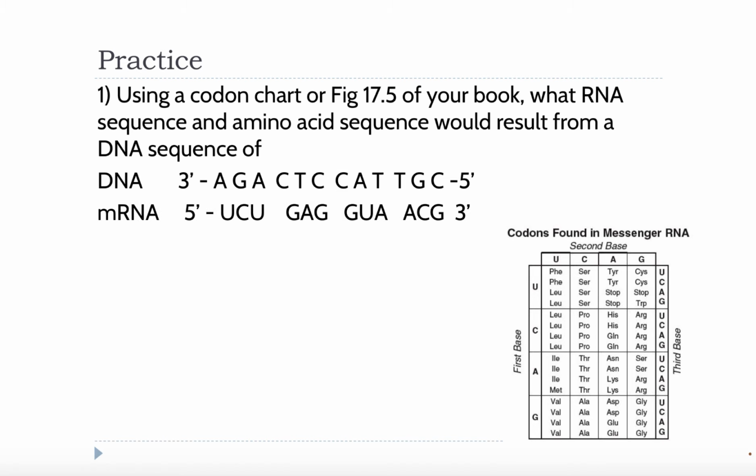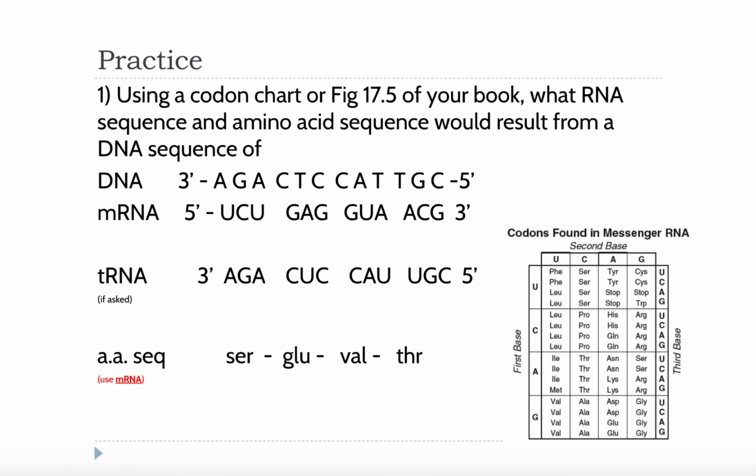So by complementing the sequence with UCU, GAG, GUA, ACG, I have now reversed the orientation, so it is correct for mRNA, which is only 5' to 3'. And again, it's always a good idea, when you write things down, to try to find some way to separate the codons. Then I can translate this material into the materials that are used in translation, which is the amino acid sequence